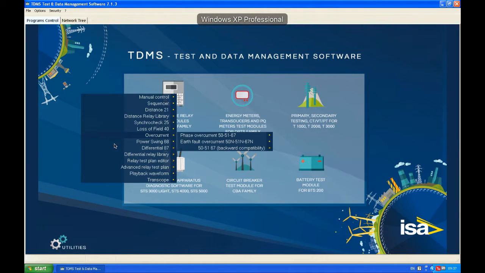Hello, in this video today we're going to explain the overcurrent application within TDMs package of software made by ISA. This video will mostly focus on explaining the functionality of this software, and some examples will be shown later. In order to do that, we click here in overcurrent and we choose, in this case, earth fault overcurrent